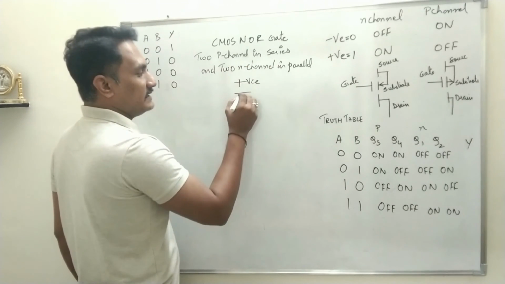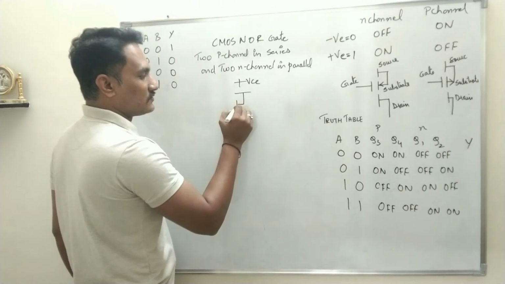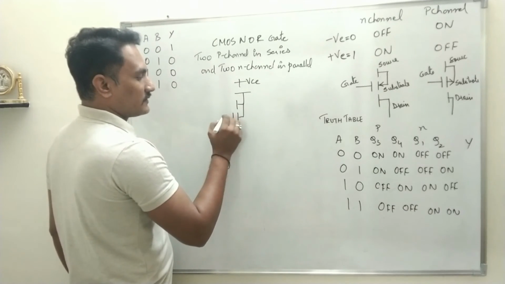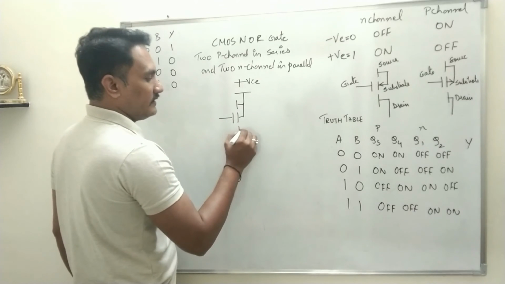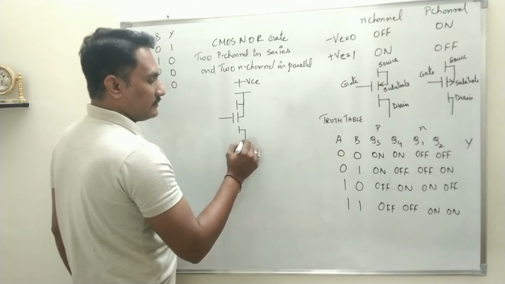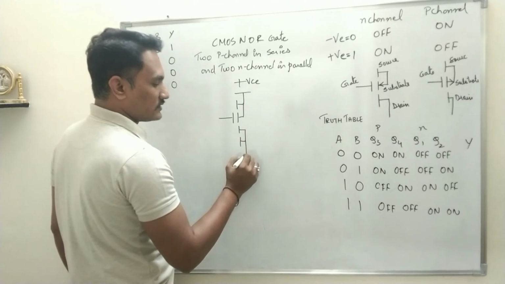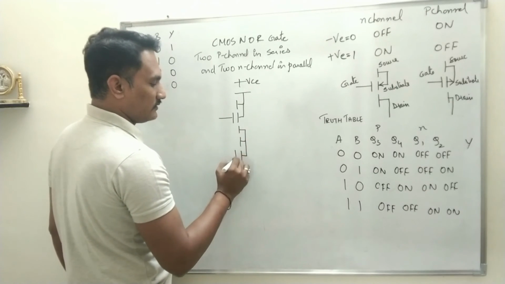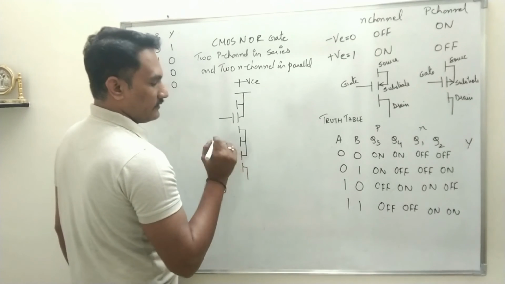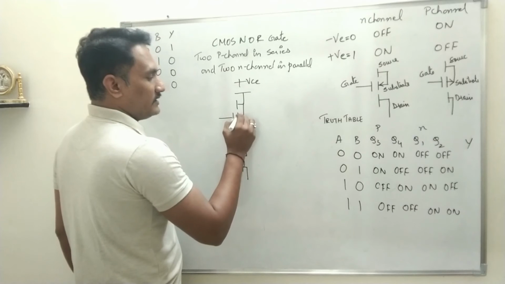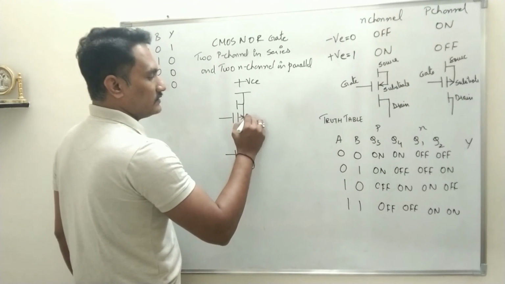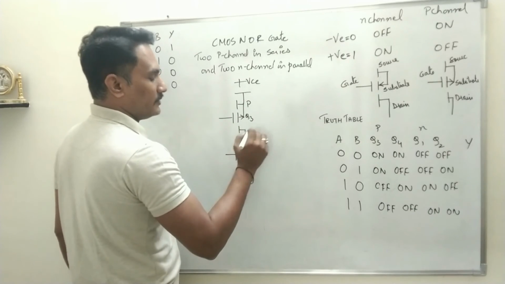2 P channel in series. So we'll start with, again, source connected to substrate. In front of substrate there will be a gate terminal and then drain. As it is connected in series, the drain of the first will directly be connected to the source of the second. Source is connected to substrate. In front of substrate you have the gate terminal, and then you have drain. Now these two are P channels, so the arrow mark will be outward. Let this be Q4, let this be Q3, both are P channel.